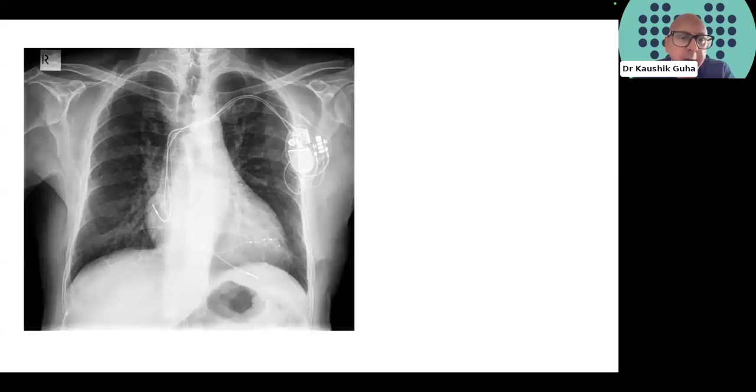We can see that there is a right atrial lead, a right ventricular lead, and if one looks just above the right ventricular lead, there is a lead that seems to be floating in midair. This is a left ventricular lead, a quadrupolar lead. You can see 4 poles on the lead, sitting within the posterolateral branch via the coronary sinus. And this is a CRTP, or biventricular pacemaker.